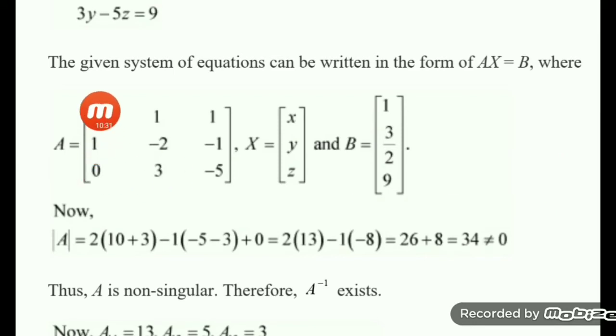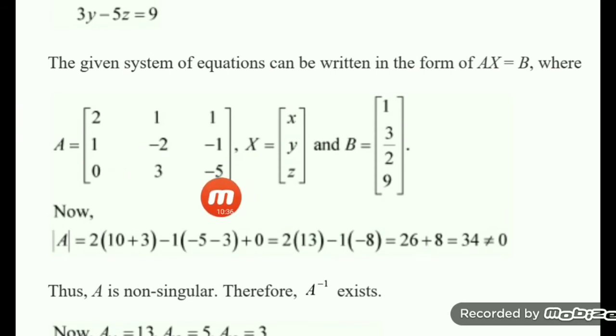So you multiply, this is 2, deleting this row and column, what to do? You have to multiply minus 2 into minus 5, that is 10, minus 3 will give you positive. Then deleting the first row and second column, minus 5, minus 0, this is minus 5. I have done the calculation here using the first column, because 1, 0 is there. When you do this, this is deleted, so what is left is minus 5 and minus 3, and plus 0 will be there. Doing the calculation, we got 34. You may use any method for finding the determinant value. So 34 is not equal to 0, therefore the inverse exists.